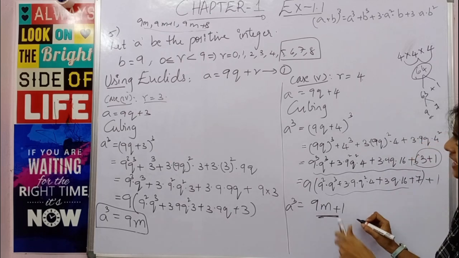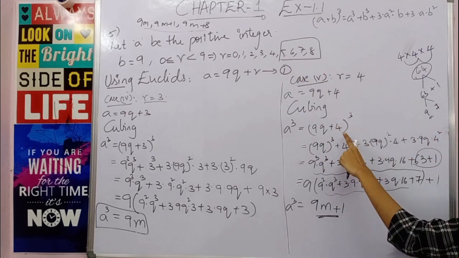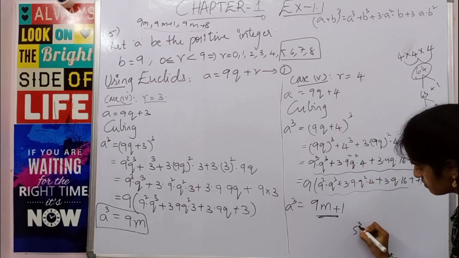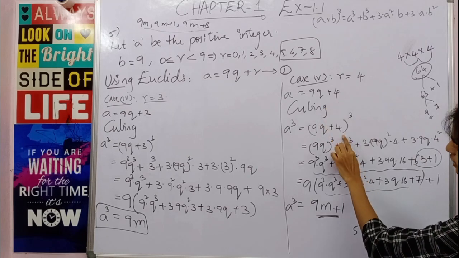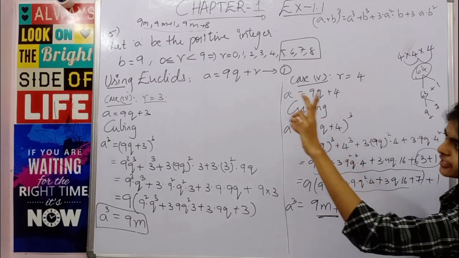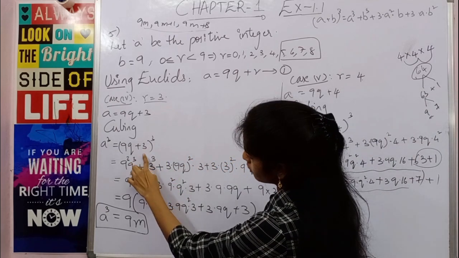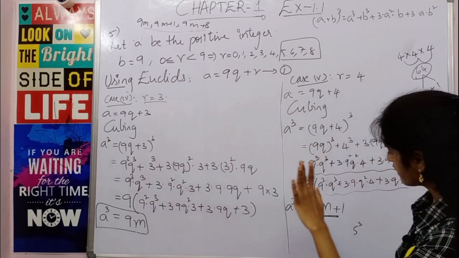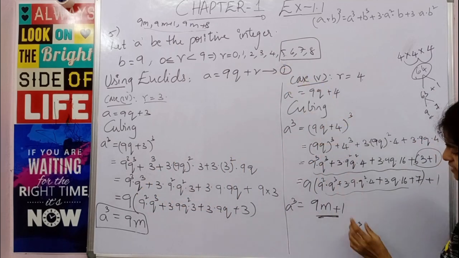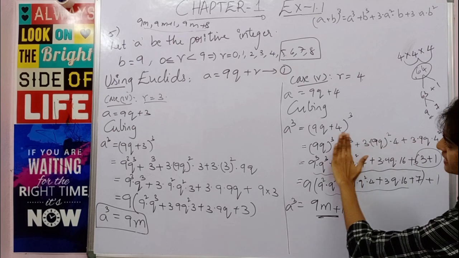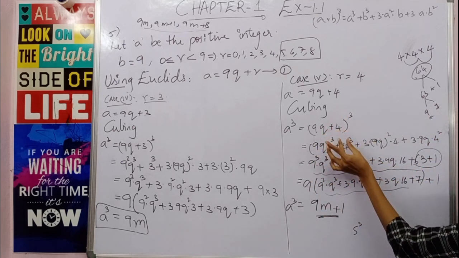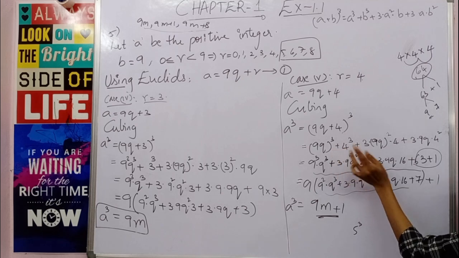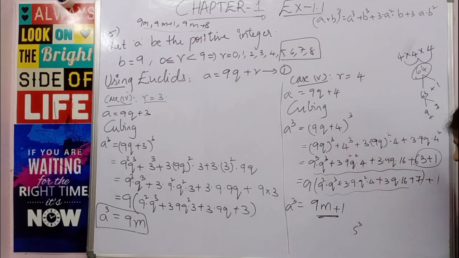When you take r equal to 5, when you cube it you will get 5 cube. Are you getting it? When you took r equal to 4, when you cubed you got 4 cube. When you took r equal to 3, you got 3 cube. Similarly when you take r equal to 5 you will get 5 cube. In all other terms, trust me, you will get 9 as common. Here you will have a problem only with this number. You don't have to split it. So there I am helping you.